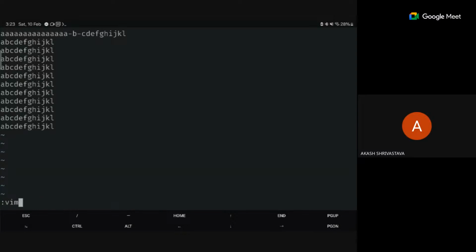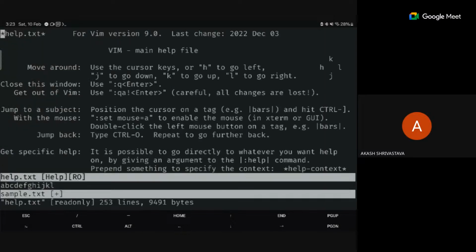Actually, there is something called Vim Tutor. I think some distributions of Vim come with Vim Tutor, which gives you some help text to go with it. If you start with the very basics, simply type :h.